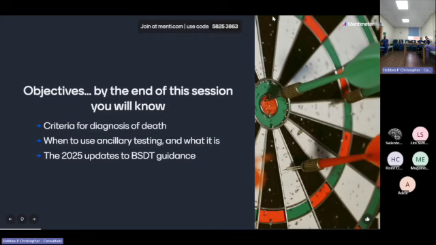And then finally, those of you that have been on intensive care for a little while may be aware that the guidance on how we undertake brainstem death testing has very recently changed at the beginning of the year. I know we showed a video in December of last year, but some of you have changed since then. So this is just reminding you that whenever we get a case of brainstem death, the guidance for how we diagnose it has changed recently. Okay,